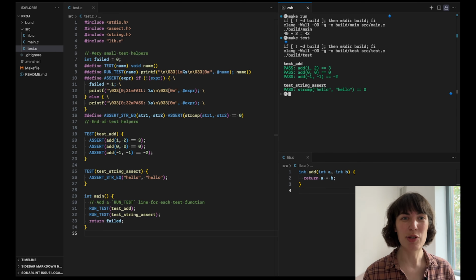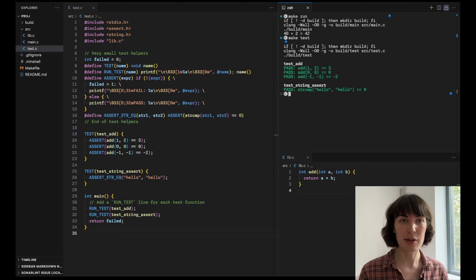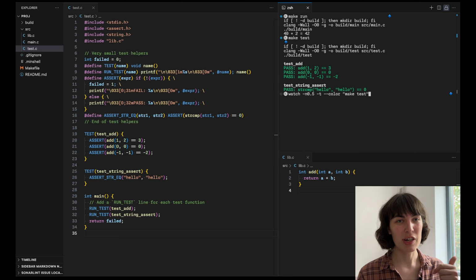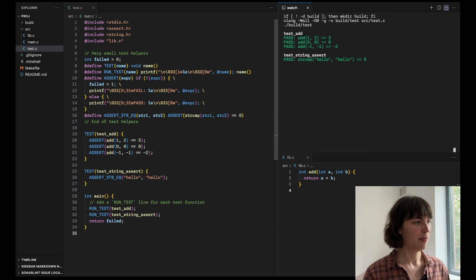Little tip, if it helps you code, I always hate rerunning things, especially in videos. So I've installed the tool watch, which you should have available on Brew if you're on a Mac. And this will enable me to keep an eye on commands as I'm editing the code. So this way I'm using watch. It's going to refresh every half second. It's going to get rid of the title, which is just noise for me. And it's also going to allow us to have color in there as well. And now as I edit the tests, I'm able to see them respond,